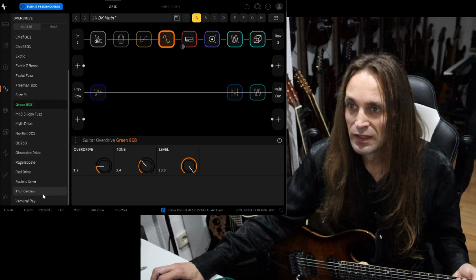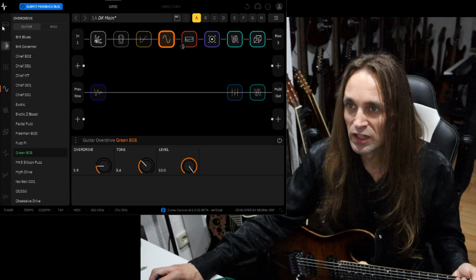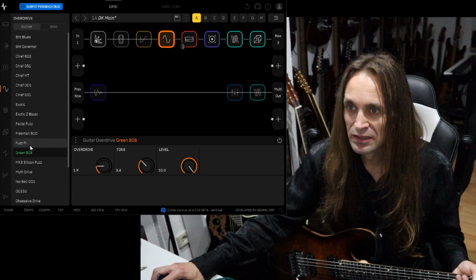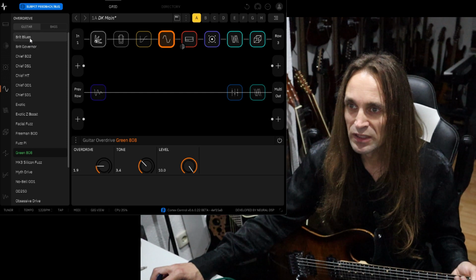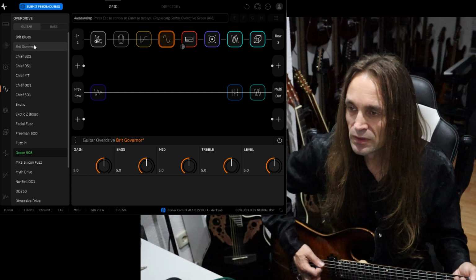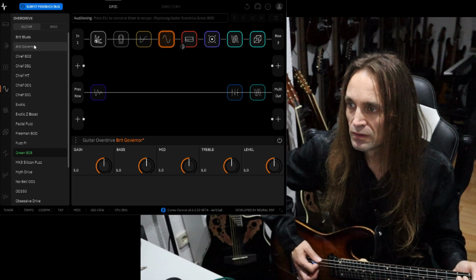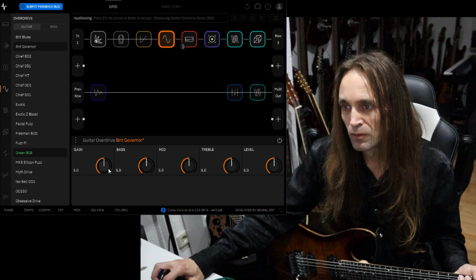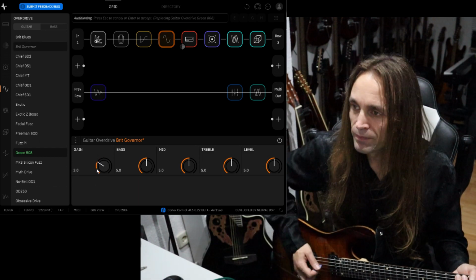What else do we have? Here you can see all the overdrives which the unit has. What might be interesting? Okay, let's start with the Governor. Works also, but maybe